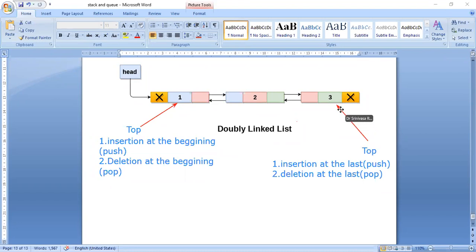Then the top of the element is nothing but the node 3 or the last node in the linked list. So insertion at the last, push; deletion at the last, pop.